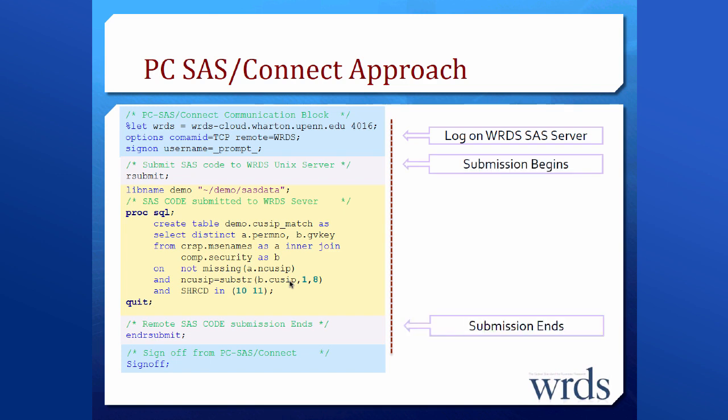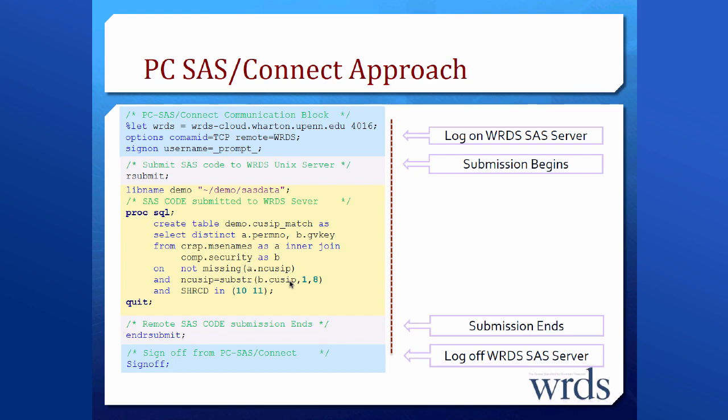and the yellow part is actually the part I just demonstrated. But before you try to actually run this particular code, you should put an rsubmit in front and an endrsubmit at the end, to make sure your local PC SAS understands this is a part of code you want to run remotely. And then after you run everything, don't forget to sign off. After you sign off, anything you didn't save in a permanent remote library disappears from the remote computer, the remote